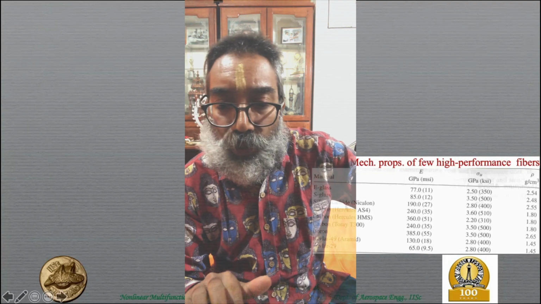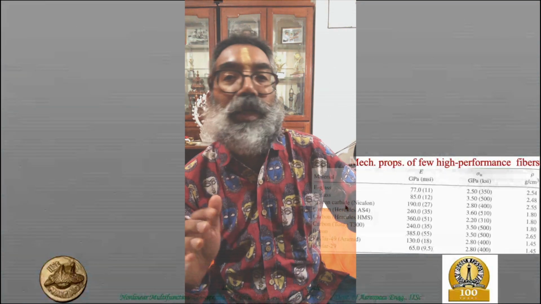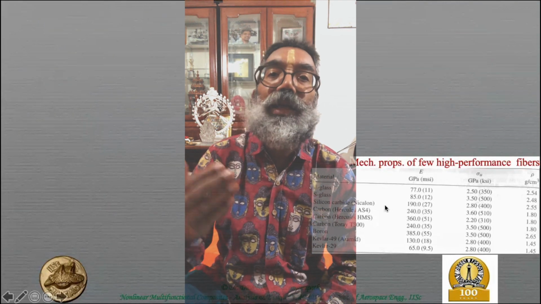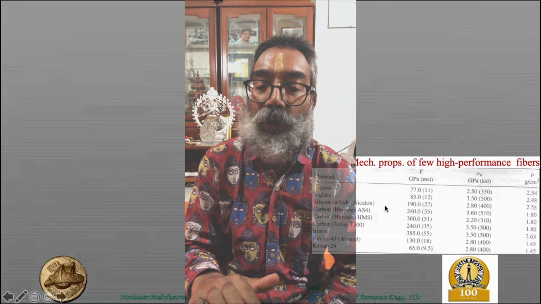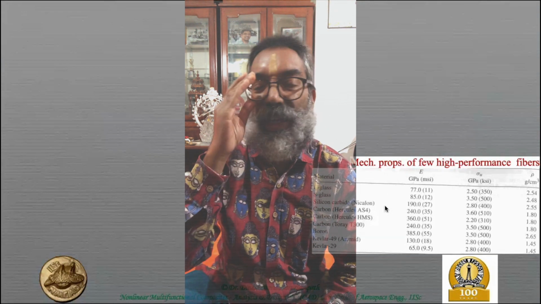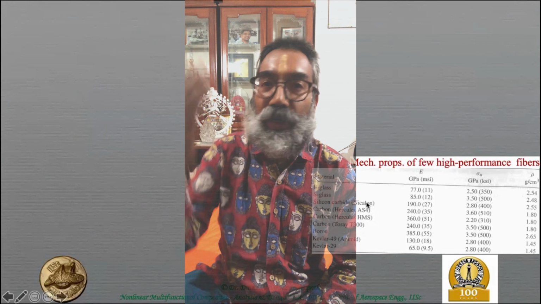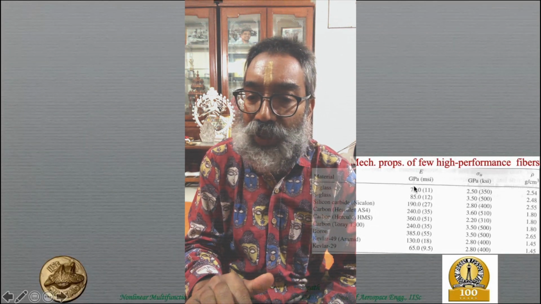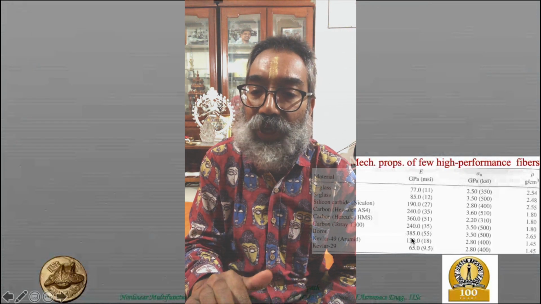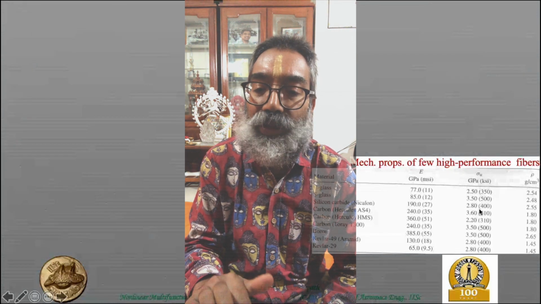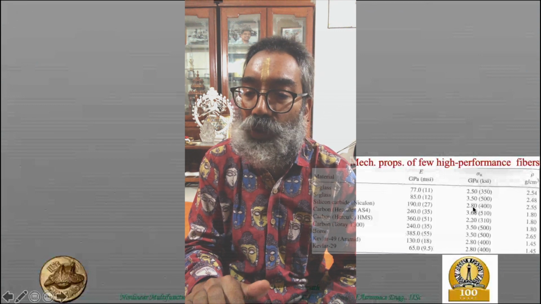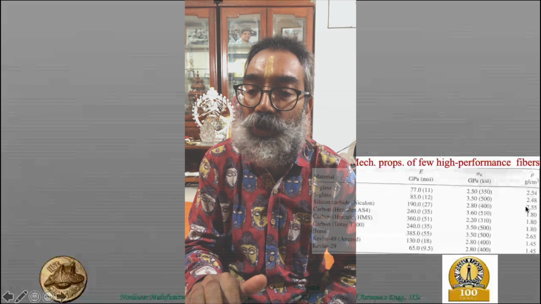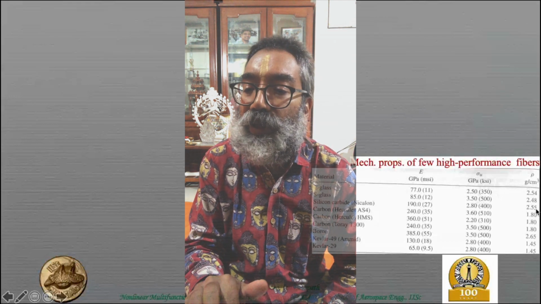Then coming to the one thing that we left out, silicon carbide. Silicon carbide fibers are typically used along with matrices which can also resist high temperatures like themselves, especially for engine applications, but any other high temperature applications, let's say re-entry vehicles, etc. Its Young's modulus is somewhere in between that of the glass fiber and the carbon fiber, and the ultimate tensile strength is also comparable with them,